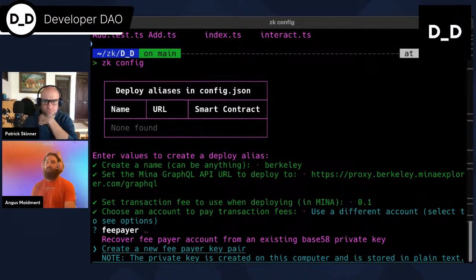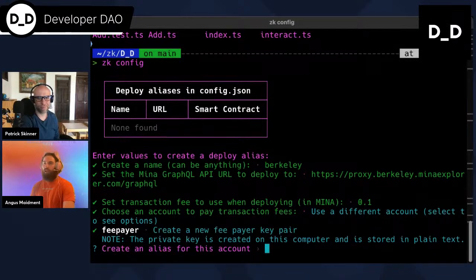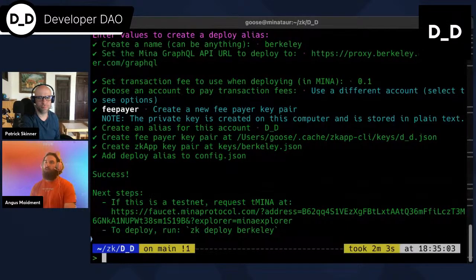Because otherwise there's a pitfall that you can fall into, which I myself have gotten a couple of accounts bricked. So when you use this option to create the new fee payer, then I can create an alias for this account. I'll call it DD. So this is what you will see when you create a new key pair, right? Which is